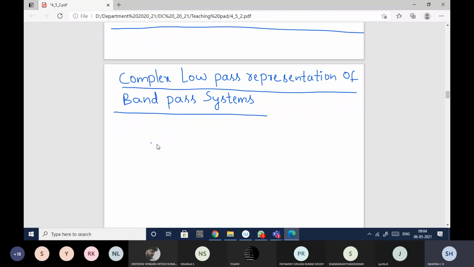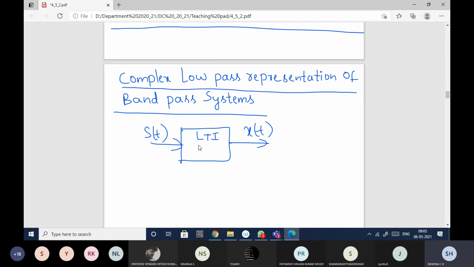So I have a system which is an LTI system, and it is a bandpass system. I'll have some input and I'll get some output. Generally, the input to this bandpass system we take as s(t). It's not wrong if you take x(t) here and y(t) there, but generally we'll take the standard form: s(t) as the input and x(t) as the output. Don't get confused; don't consider that x(t) is the input and s(t) is the output. s(t) is the input and x(t) is the output.